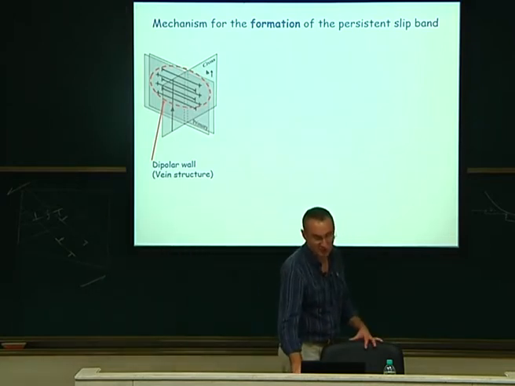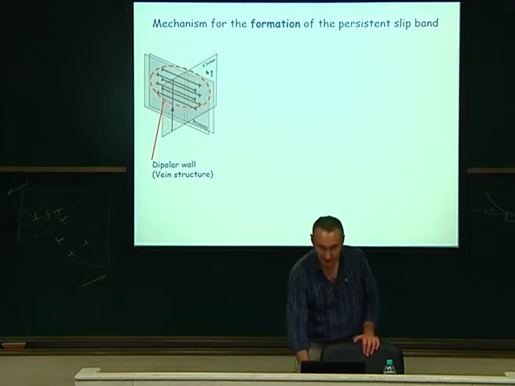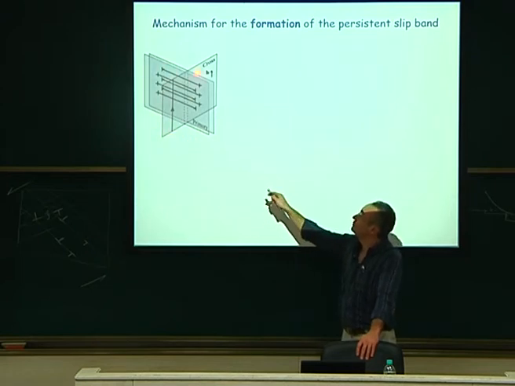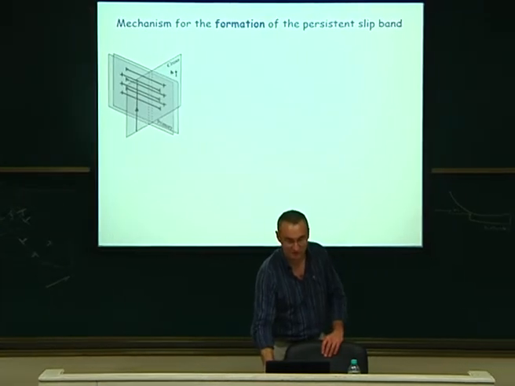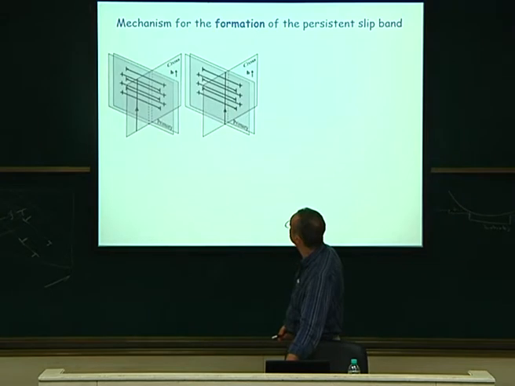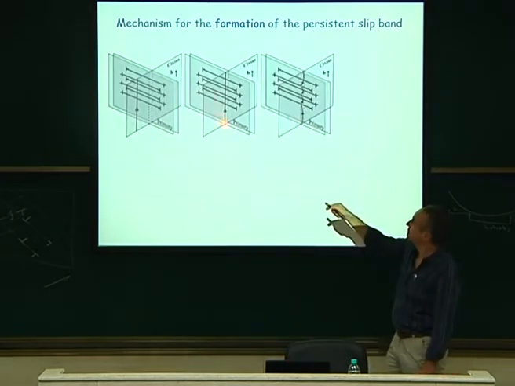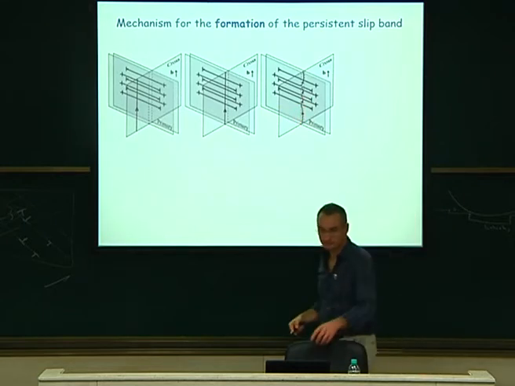This is a dipole. People call it also a vein because it looks like a vein, like that. And then if you take this dipole and a dislocation is coming, a screw dislocation in the cross-slip plane, just assume that this comes. The dislocation approaches the edge dislocation. Then it can recombine because of the collinear junction. So there can be some recombination of the line that way, okay, like this.